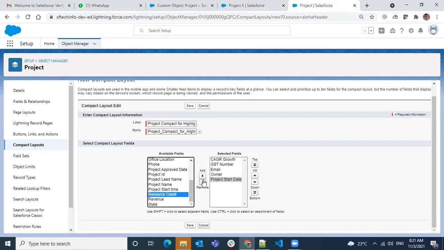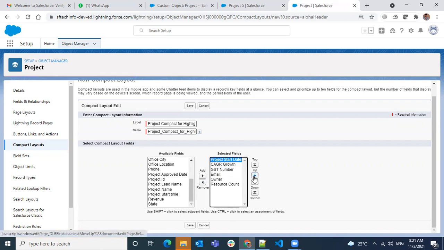I want to see the project started first, and then the GST number. It's self-explanatory. If you want to adjust the order, you can do it. Then email at the end, resource count over here, and owner. Okay, that's how I want it.